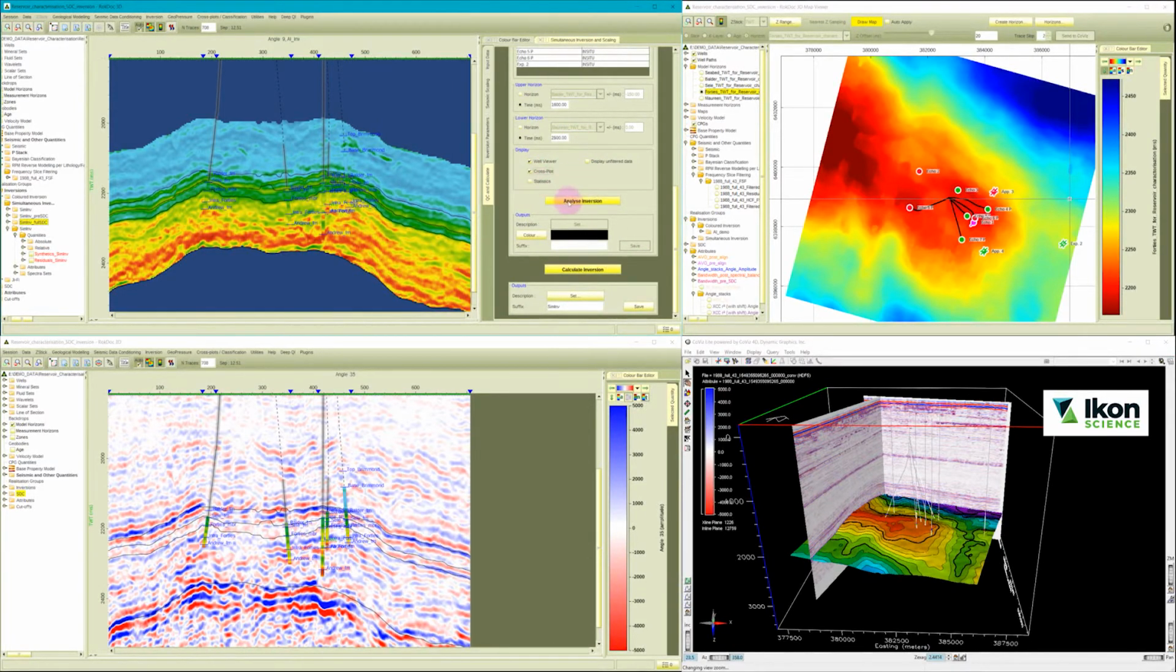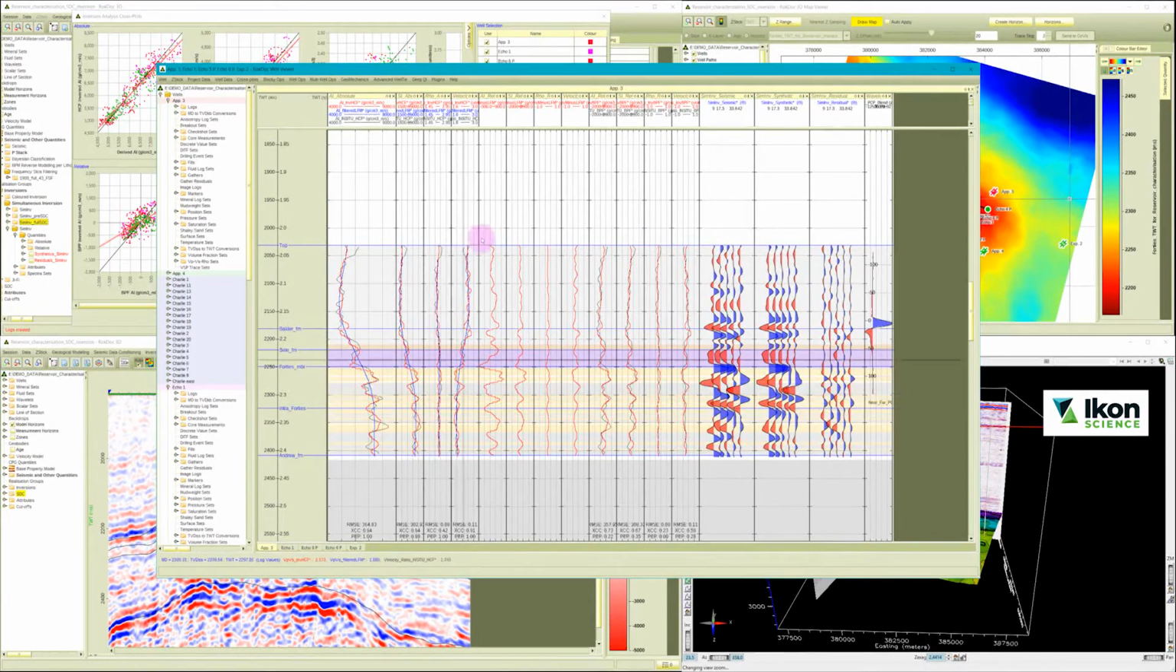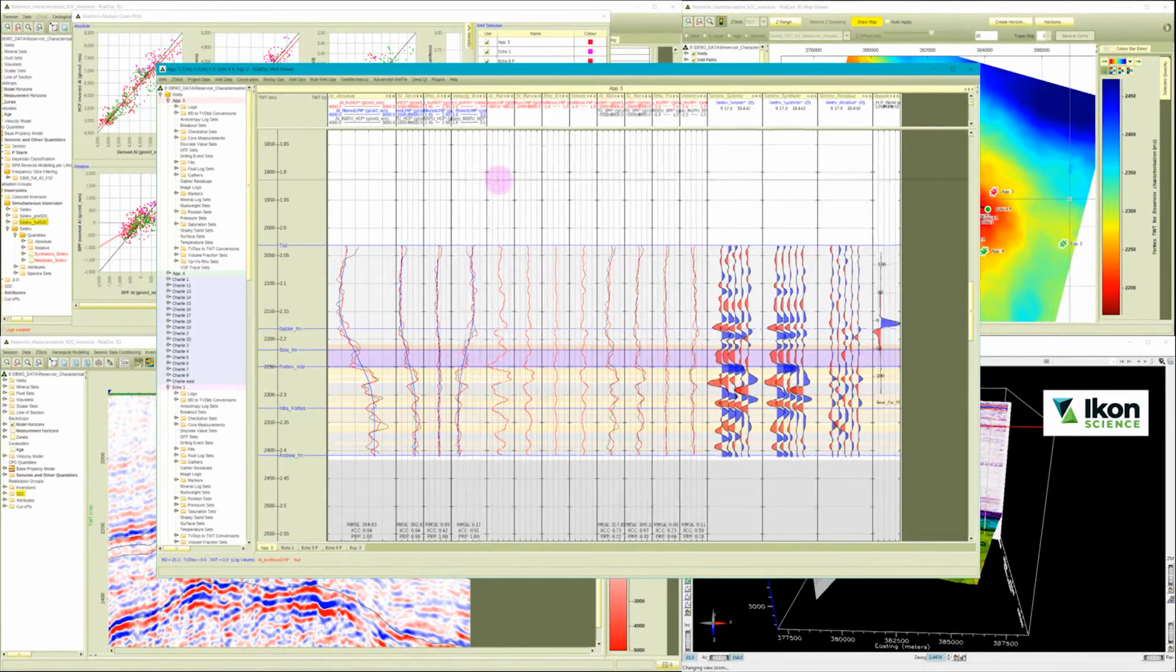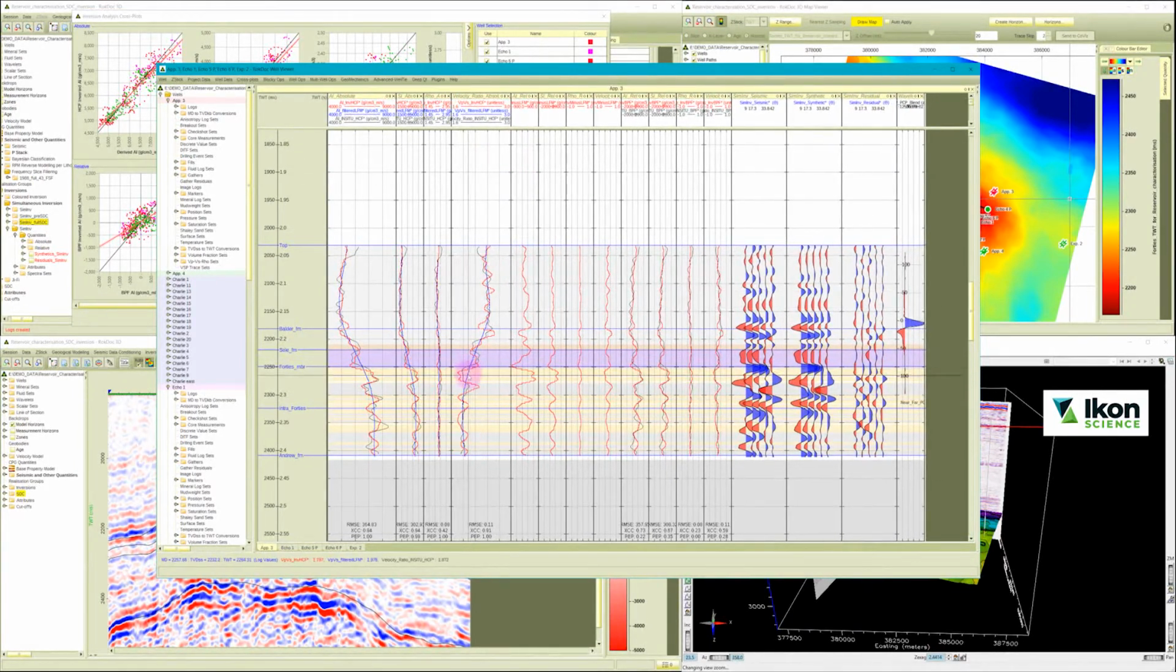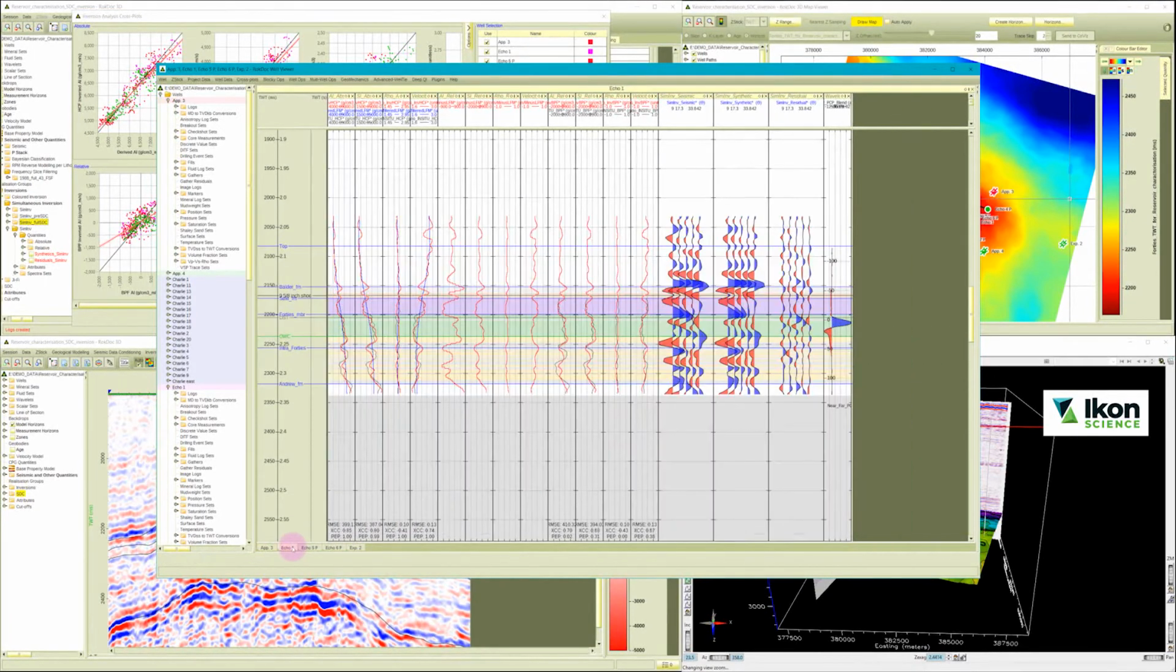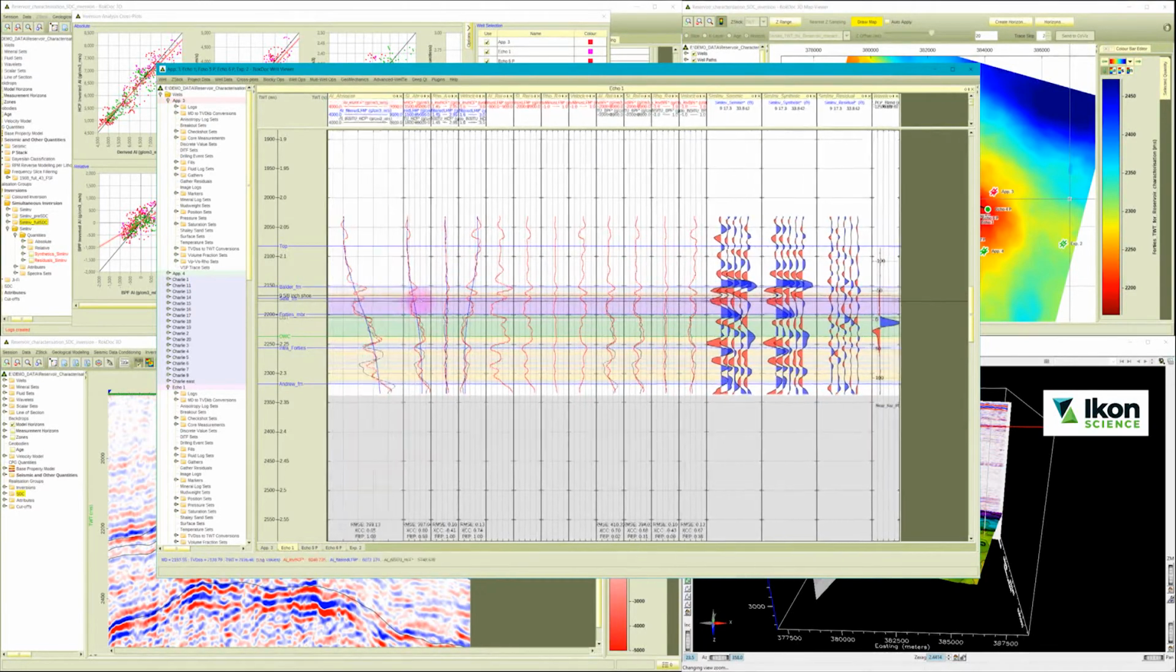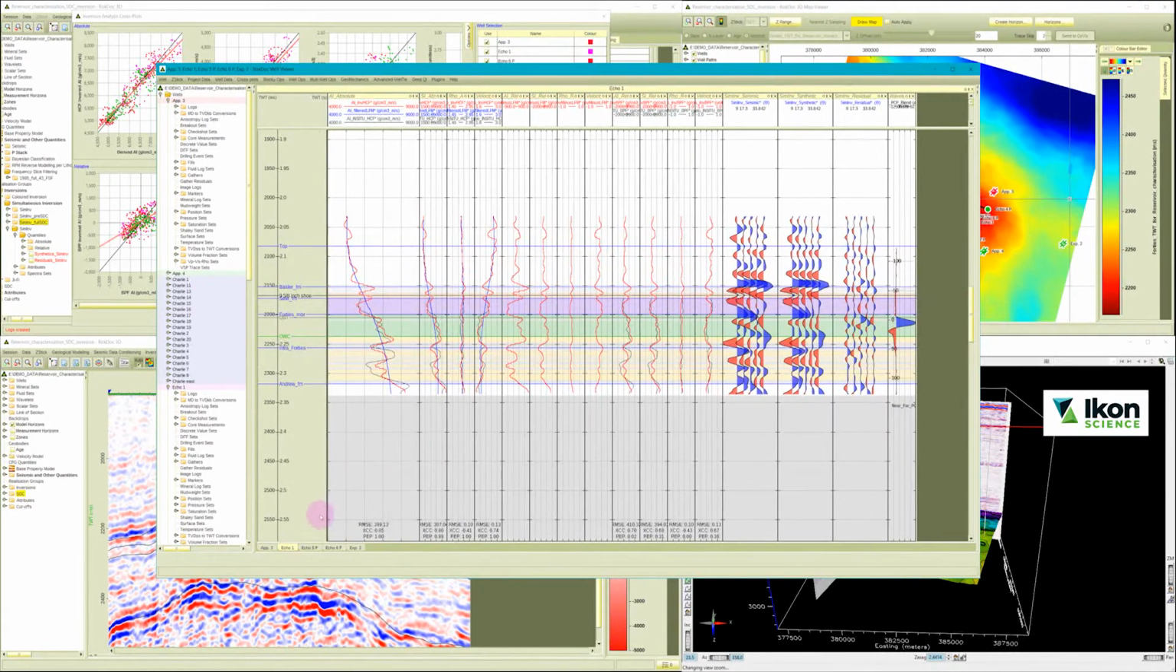A well view is displayed showing a comparison between the logs at each well and the inverted impedances, both absolute and relative. The low frequency model is displayed in blue, the log data in black, and the inversion profile in red. A multi-well panel is displayed showing a comparison of the absolute impedances